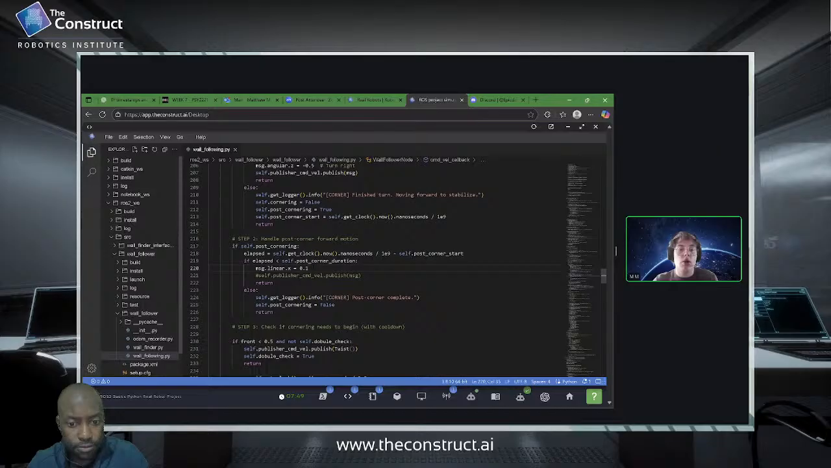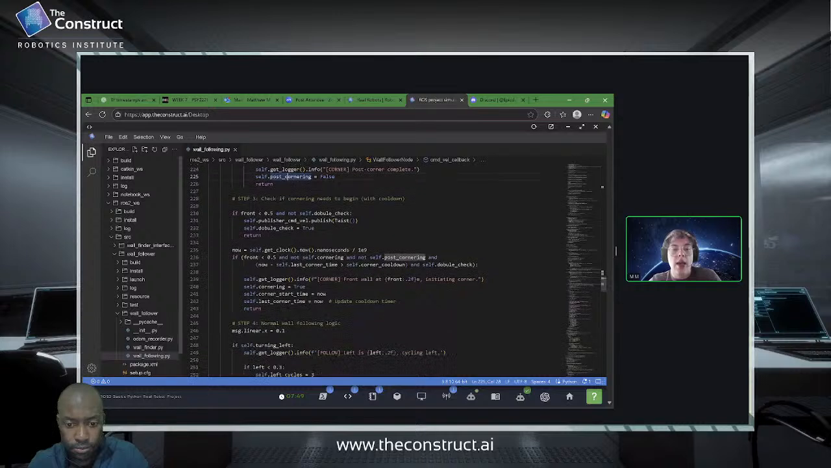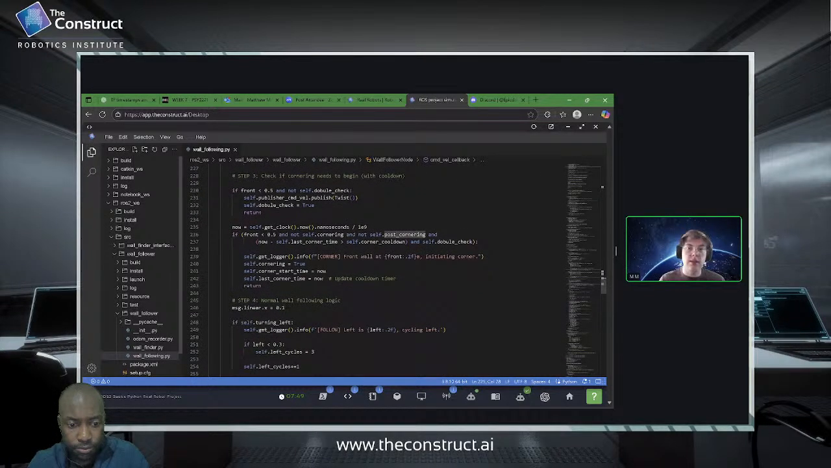Anyways, when it wasn't cornering. Even then, I'm pretty sure I set msg.linear, or that msg gets set to twist at the start of the function anyways, and then it just returns. If elapsed is less than this, meaning it'll hit it again, but if elapsed is equal or greater, it says cool, post corner complete, post cornering false, and then that's the whole corner cycle. It detected the corner, it turned through the corner, and it did a little bit of post